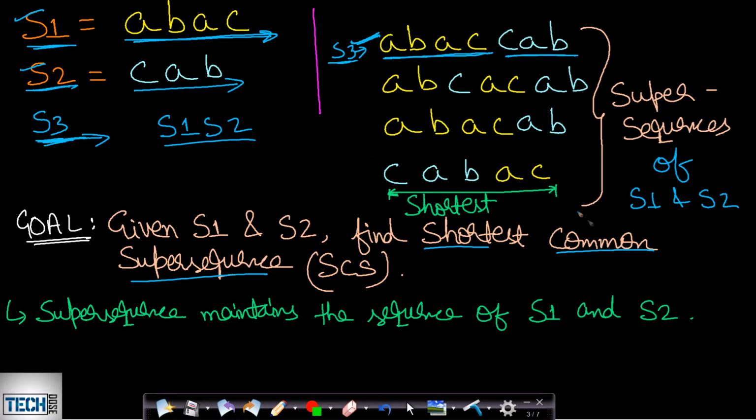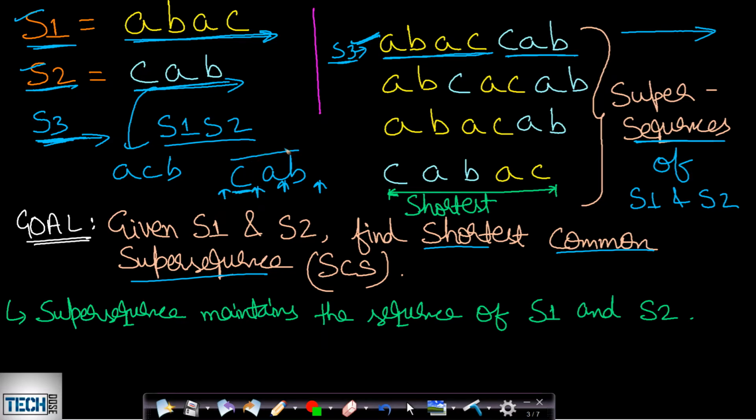So I hope that you already know what a sequence really means. Sequence means the characters will be arranged in order. Okay, so you can see that if there is CAB, then in your subsequence this CAB should not occur as ACB. It should occur as CAB only, and in between there can be any number of characters, but you can skip those characters in order to form a subsequence, right? So actually the order matters, but not how many characters are in between. You can always skip those characters. So this is one simple supersequence.